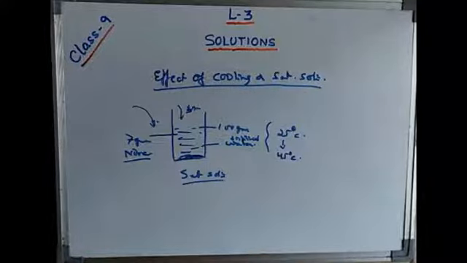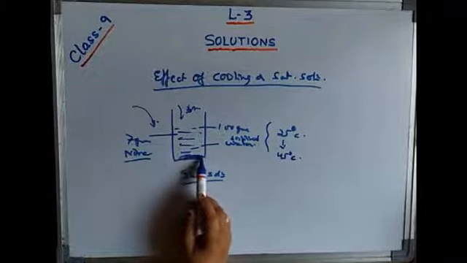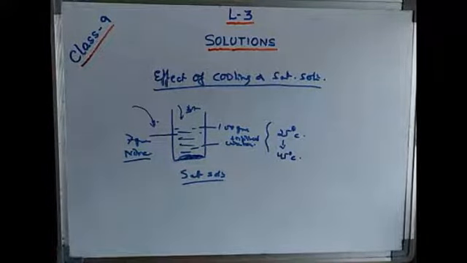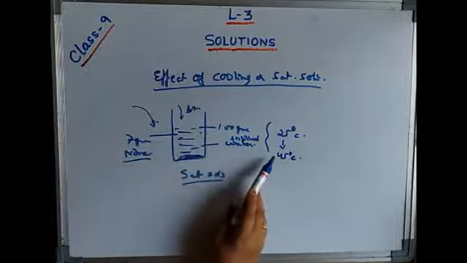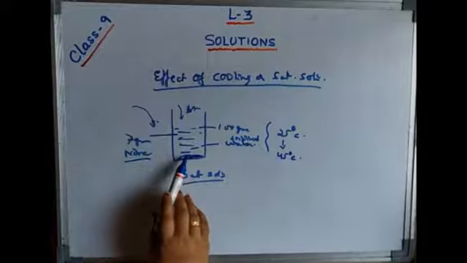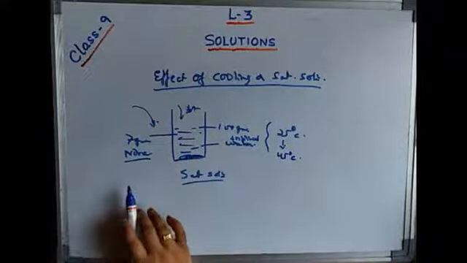Okay, next is the supersaturated solution. I have told you a supersaturated solution has more solute than can dissolve in a given amount of solvent at a particular temperature. Now if we heat it, it will start dissolving more and more. I have told you that when we increase the temperature of the saturated solution, it starts dissolving more and more. Now slowly we will cool down that solution.